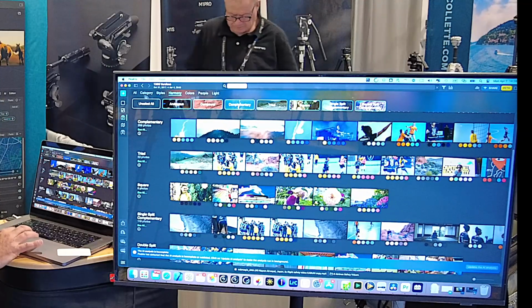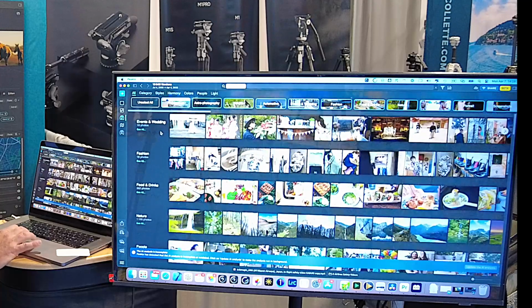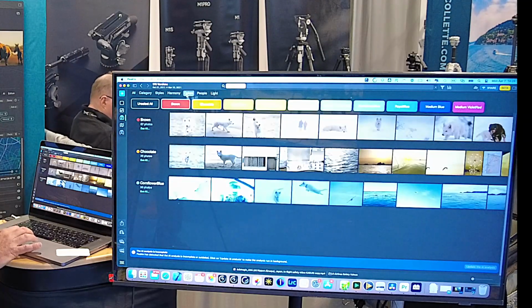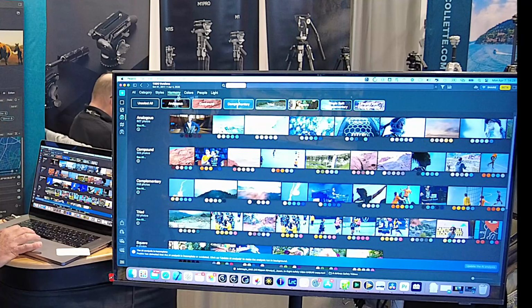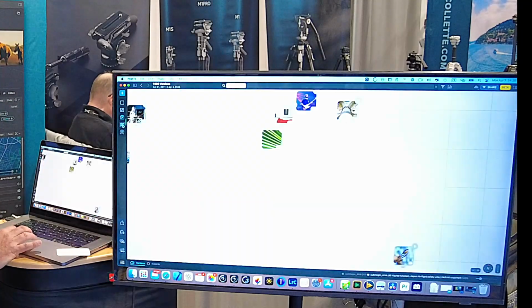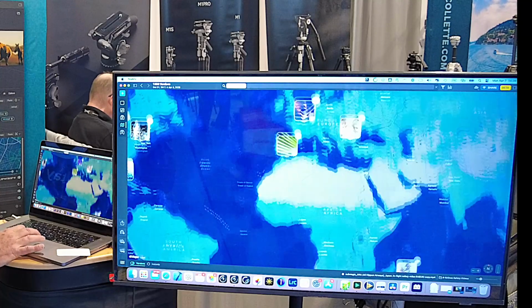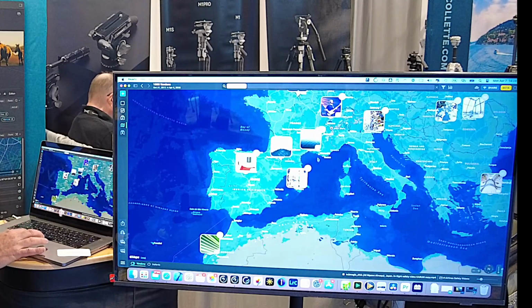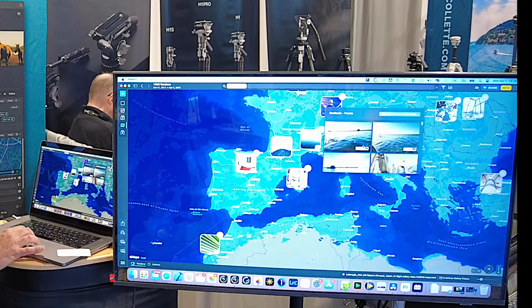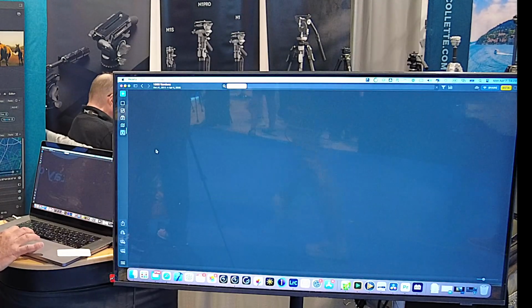For example, here, that is all the categories. So wildlife, animals, you can decide to see all by colors, harmony, different things like that, you see? The map also. So using the map, you can find some photos that come from a specific region, and then display them in the grid. The faces,